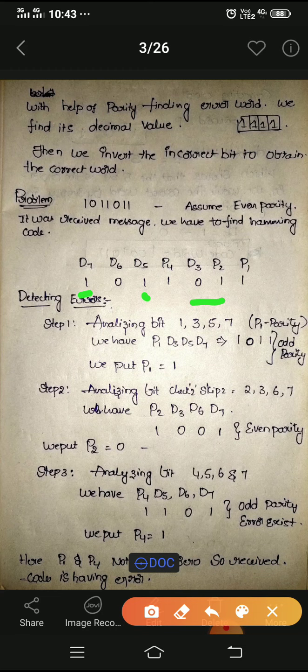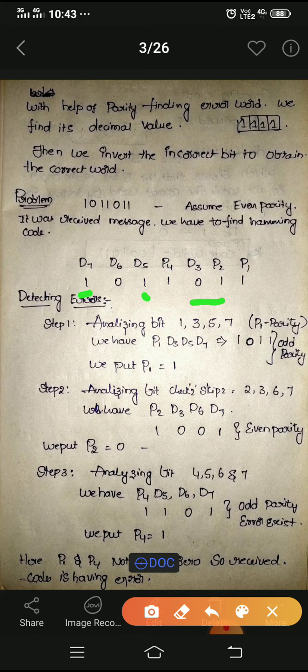So we'll take the P2 bit for the same thing. For P2 we know the positions 2, 3, 6, 7 with the help of the rule, so P2, D3, D6, D7. What is the value here? P2 is 1, D3 is 0, D6 is 0, D7 is 1.